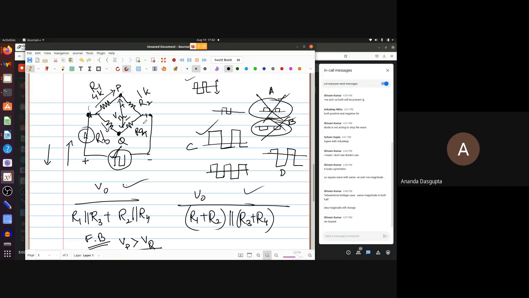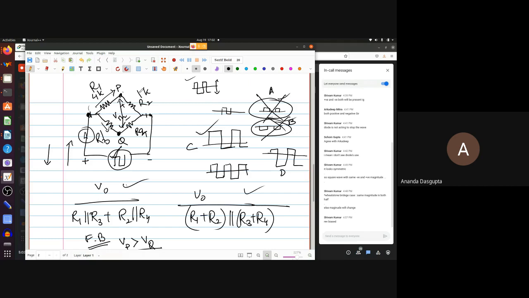I'm not saying that you cannot calculate this by first finding out the current through each resistance and multiplying the current by the resistance and so on to find the voltage drop. You can do all that. All I'm saying is it's easier when you're focusing on whether there's a bigger voltage at P than Q. All you have to ask is, you're starting from a common point. To get to P, there's a larger drop. That's all you need.